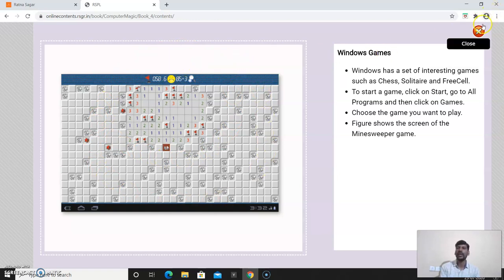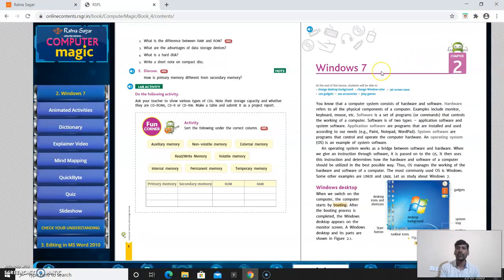Now let us move to our content. Windows 7. You know that a computer system consists of hardware and software. Hardware refers to all the physical components of a computer. Physical components means we can touch them. Our cell phone is a physical component. Our textbook is a physical component. Clear? Like that, in a system also there are some examples of physical components of hardware,